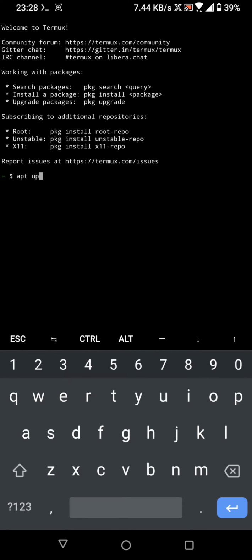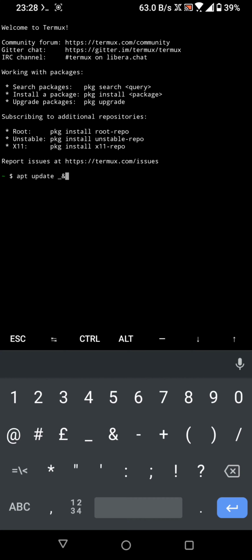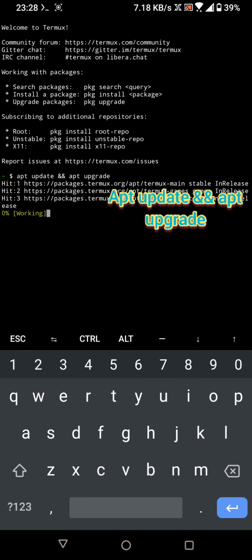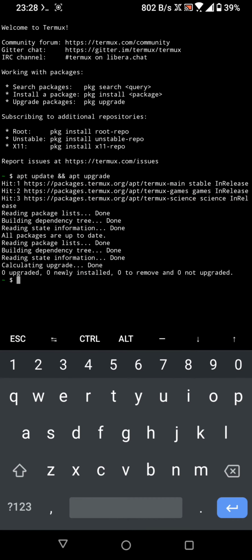So if you just copy this, apt update, and then, if you want this to be a bit quicker, apt upgrade, and hit enter. Now it will check all the packages, that they're all up to date, so basically like Google Play Store. Next one thing we want to do is type in pkg install